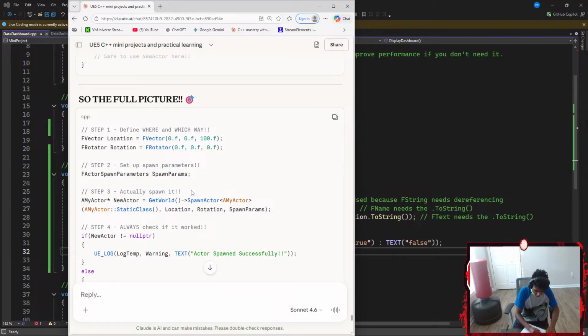That is going to be equal to FVector(0.f, 0.f, 0.f). Okay, and then I'm going to end it with a semicolon.